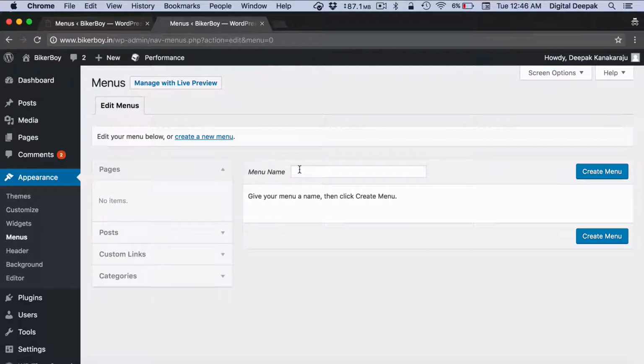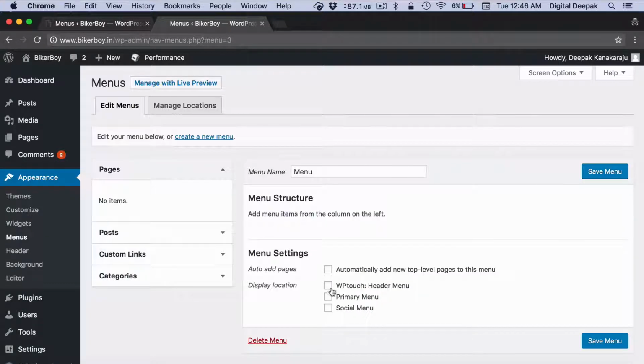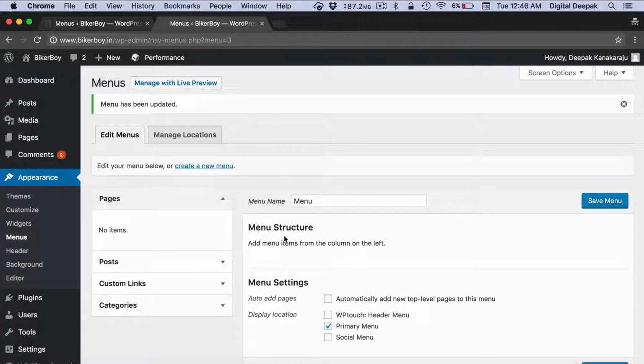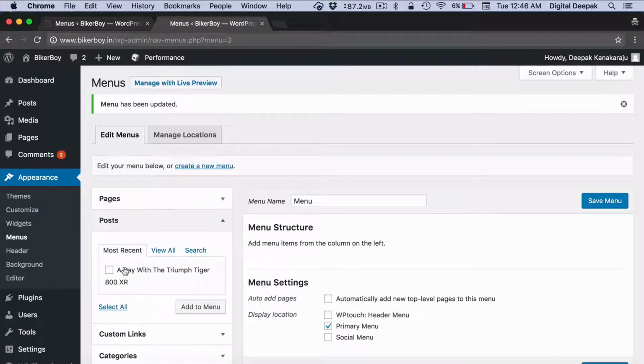So here you can go ahead and give a menu name. So I would click on primary menu as the menu setting. So here I can add pages and posts to the menu if I want.